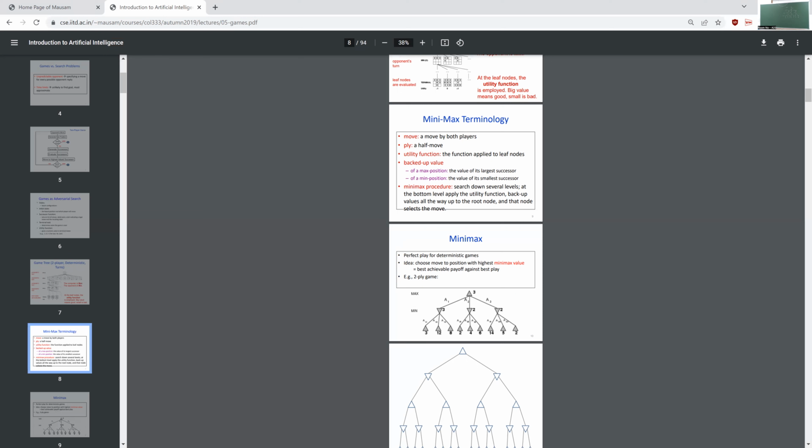Now come to the root node. Root node is the max node, and the goal of the max node is to maximize the utility function. Now that you know the values 3, 2, 2 of layer 1, the AI agent knows that if it takes A1, then the best that the opponent can